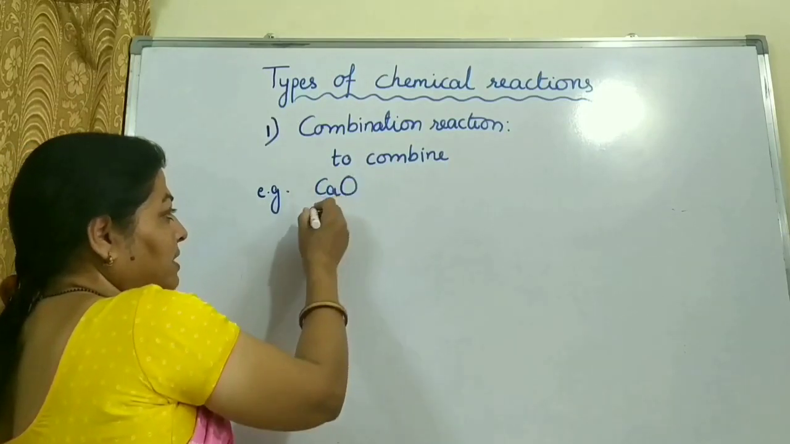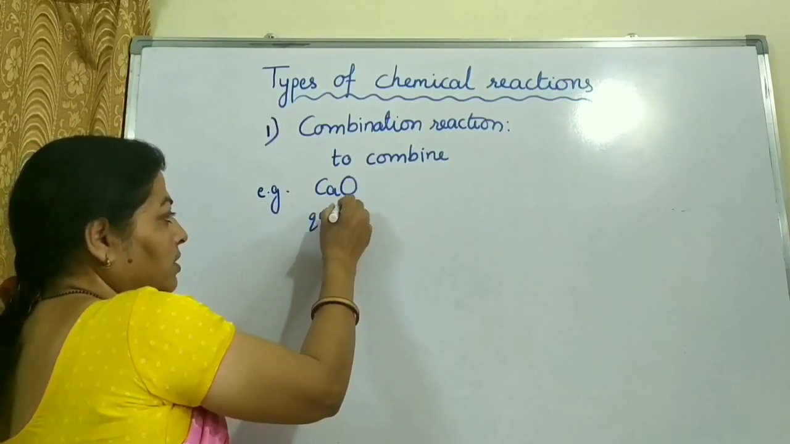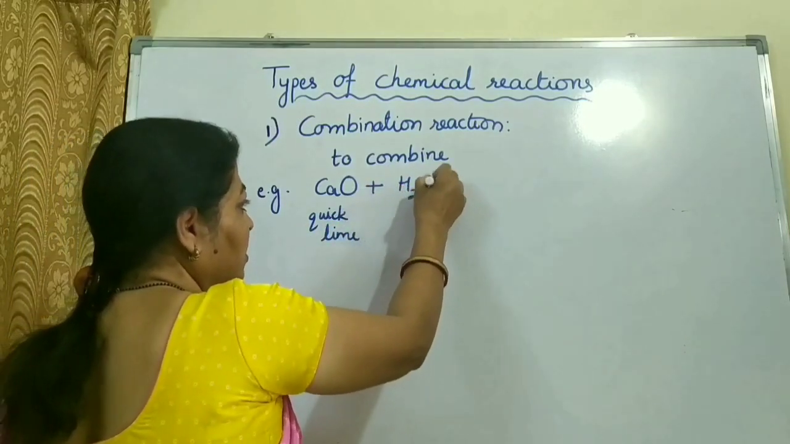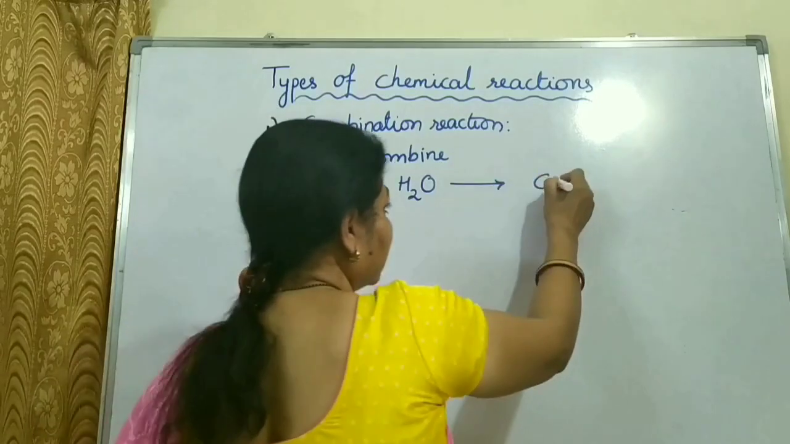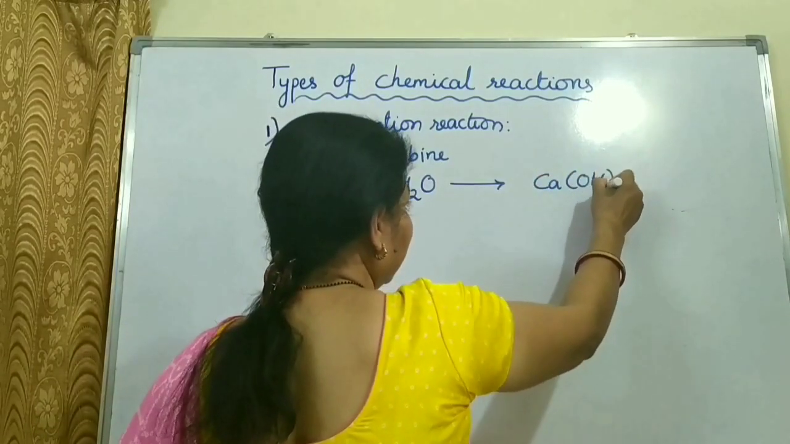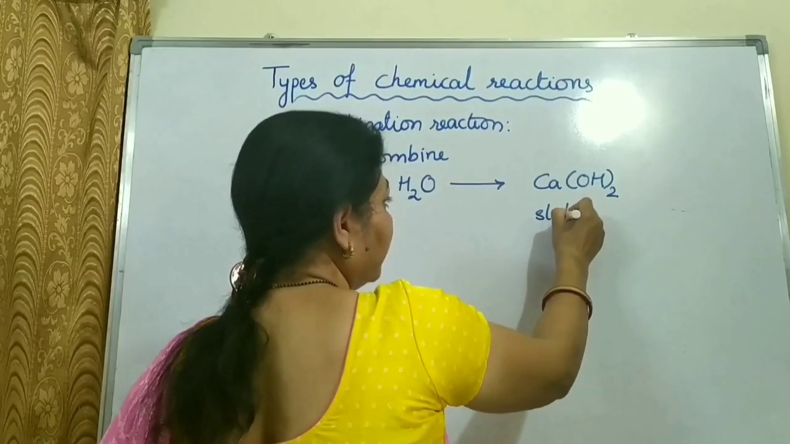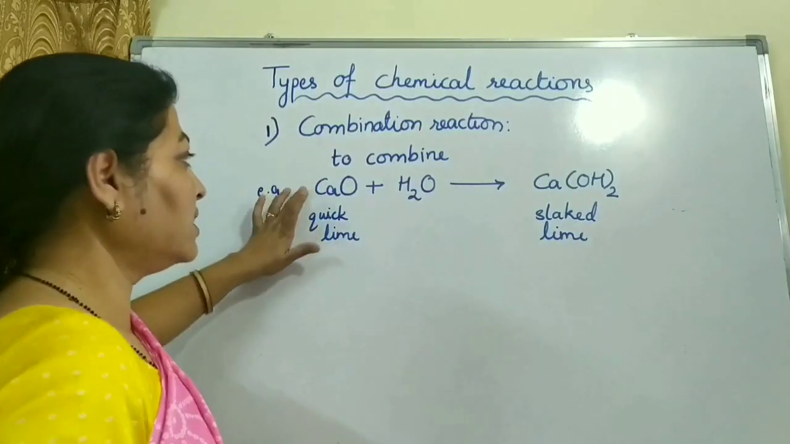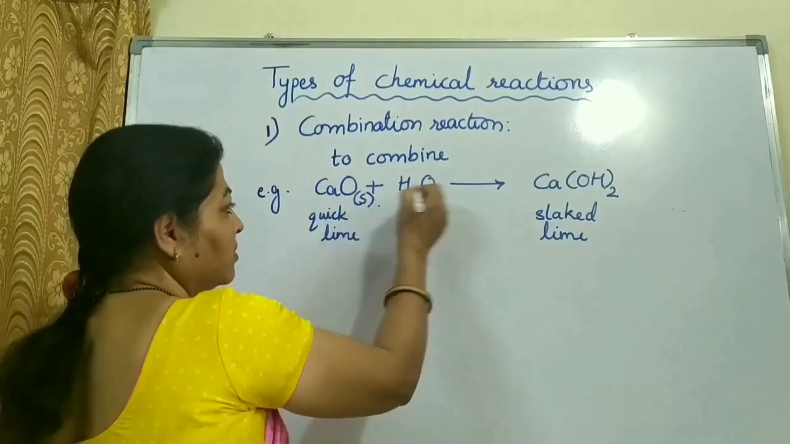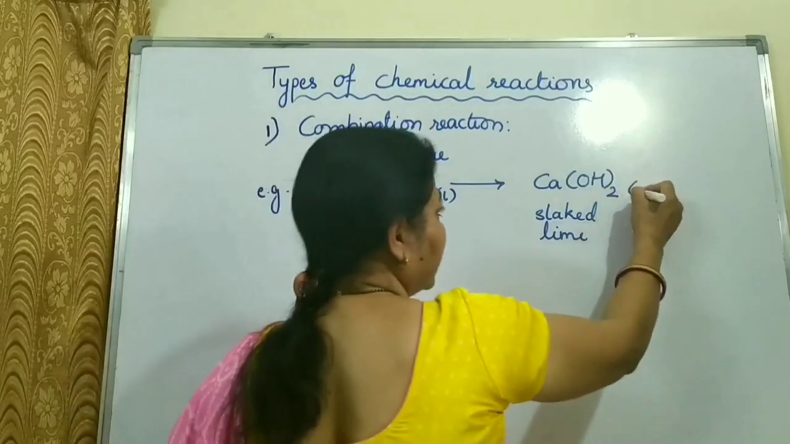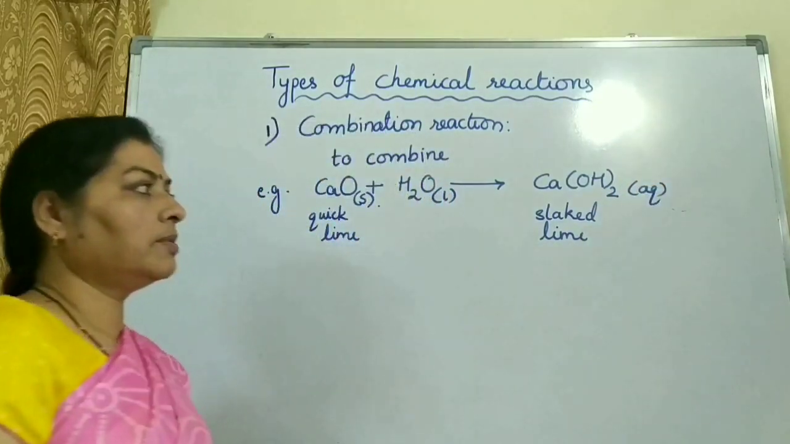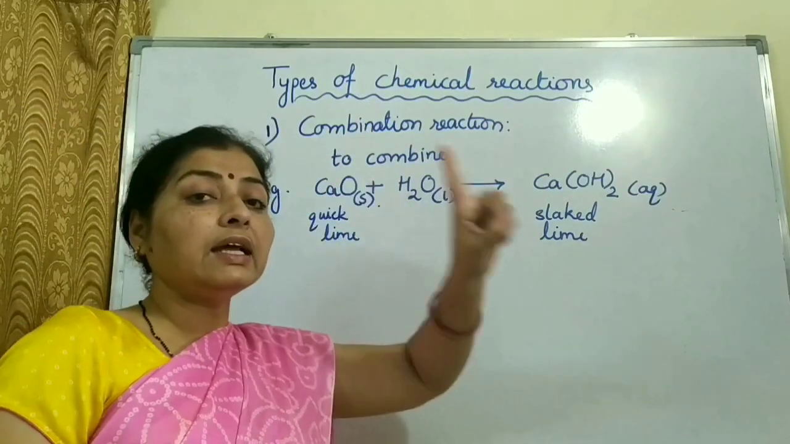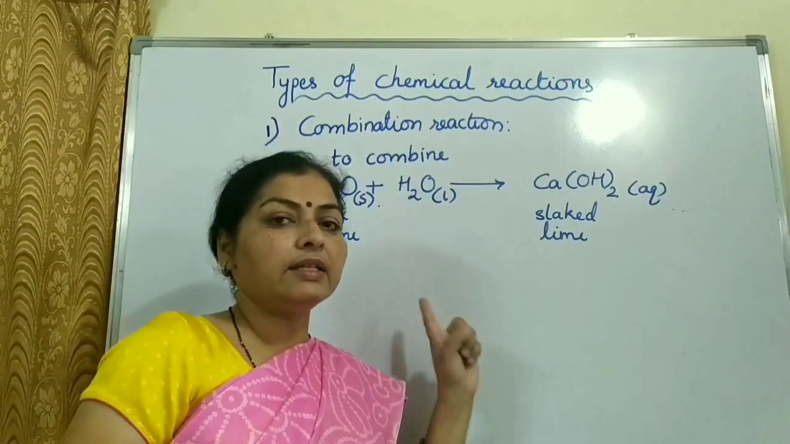quicklime. Quicklime is calcium oxide. When it is put into water, it gives slaked lime, calcium hydroxide. So as you can see in this reaction, solid quicklime is mixed with liquid water, it gives an aqueous solution of calcium hydroxide. Two substances combine to form a single substance, and that is why this reaction is known